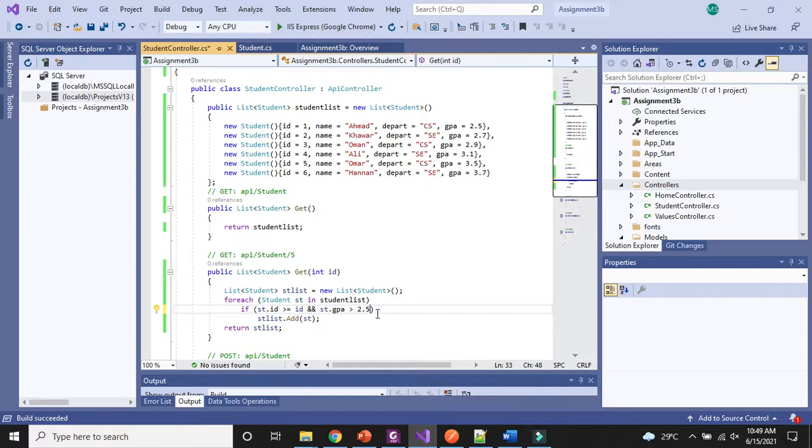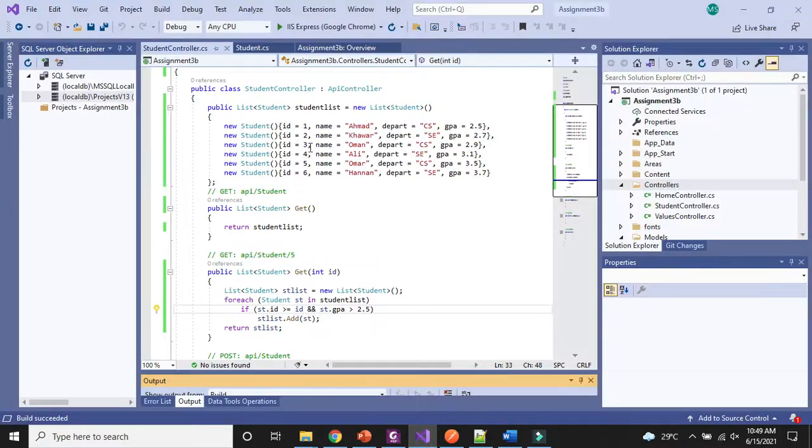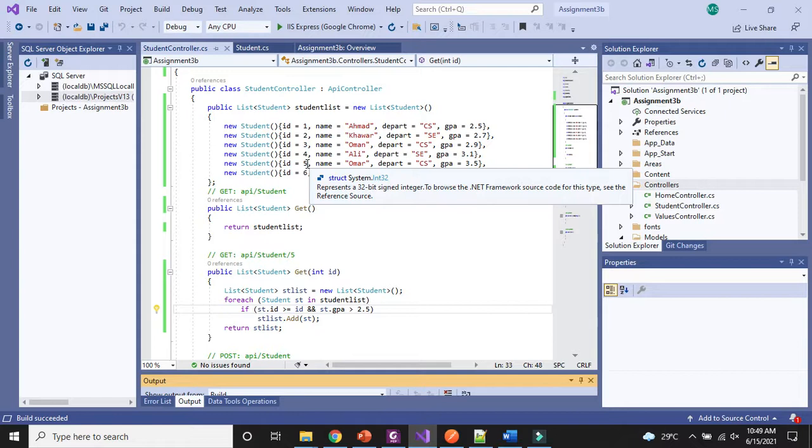Now I will run my application and let's see what the output is. First we will see that students with GPA more than 2.5 are 1, 2, 3, which are Ali, Umar and Hanan. So we will give it the id 5.